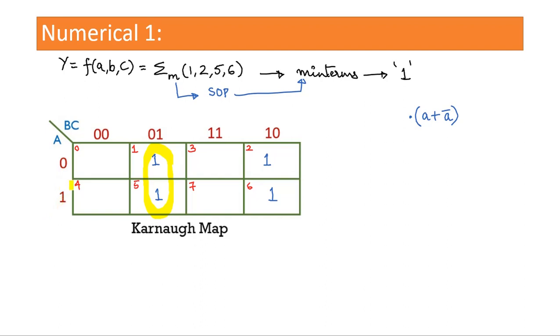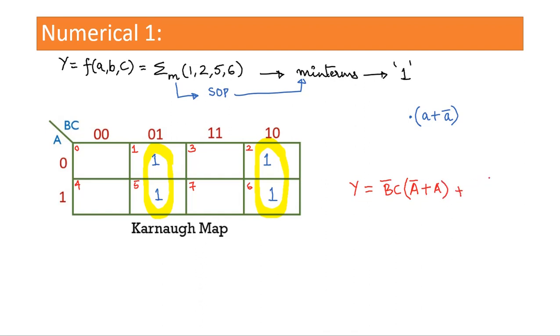This is one group. Another group again I can consider this way. So this also will be in the form A bar plus A. So the reduced expression or the final expression for this particular example will be equal to y, which is, what is this? This is B bar into C multiplied with A bar plus A